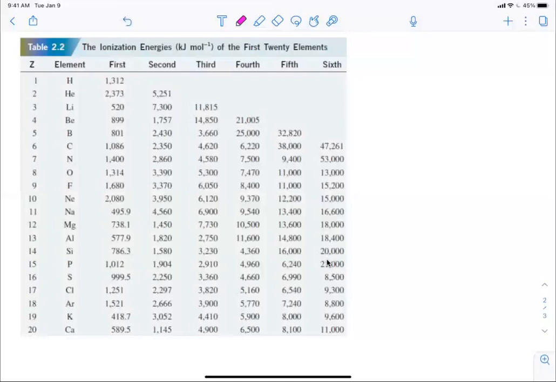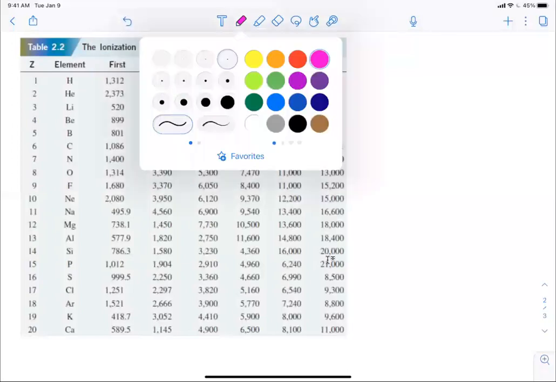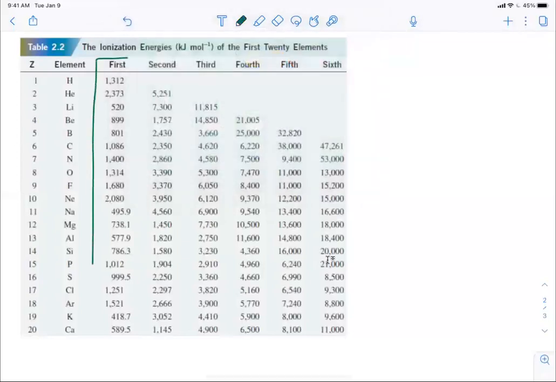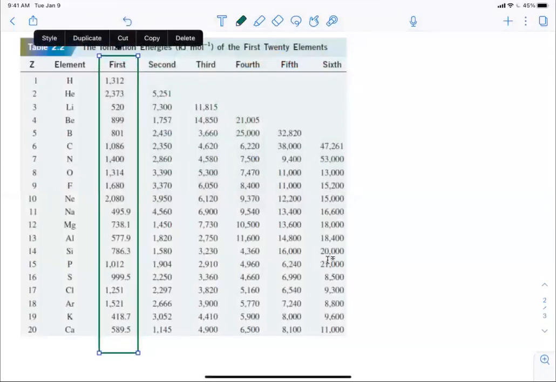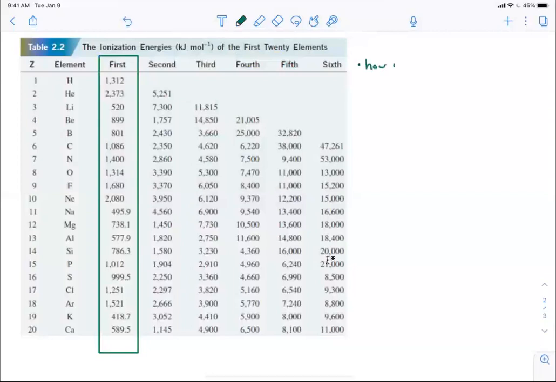And so these are the ionization energies for the first 20 elements. Their first ionization energy and then their successive ionization energies from left to right. Okay? And we're going to talk about this table in two forms. The first form is talking about just the first ionization energy levels and how that proves, I'll keep this in green, how it proves the existence of energy levels